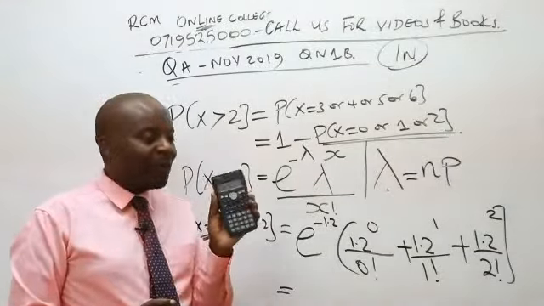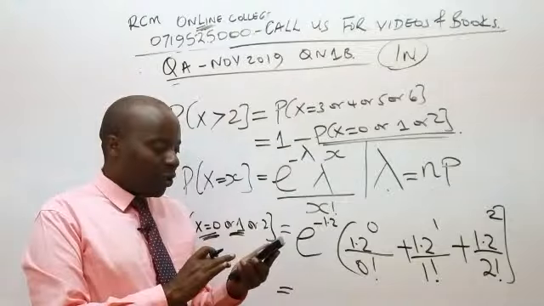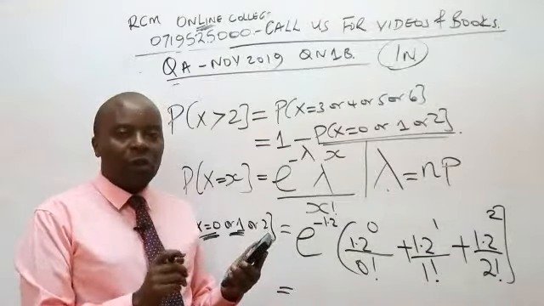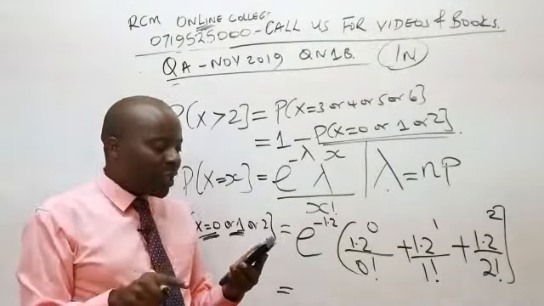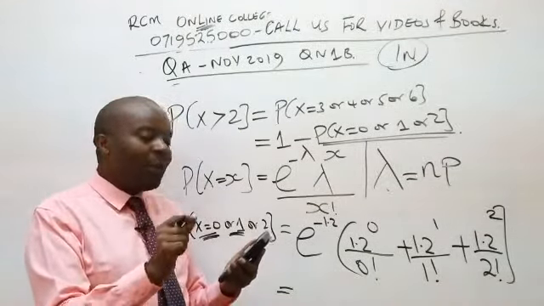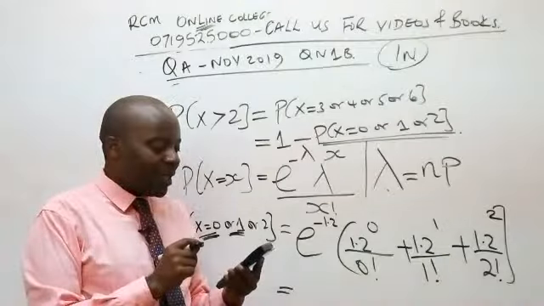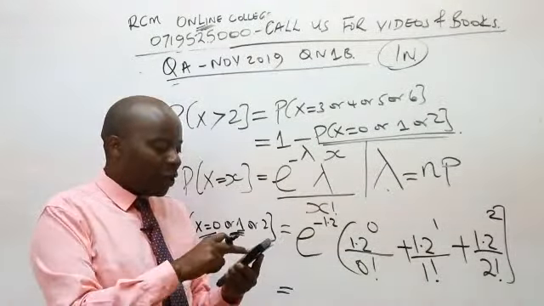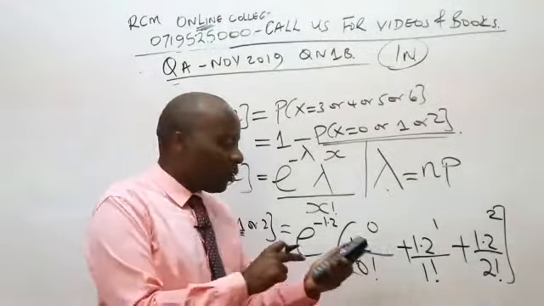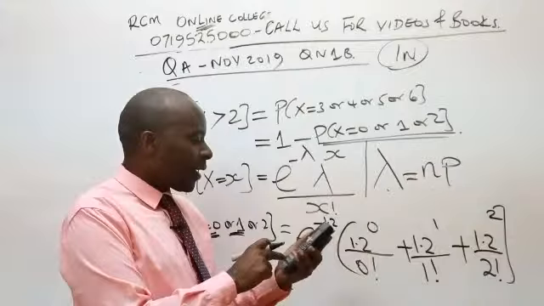I'm able to see 0.30 something times into brackets. We have 1.2 raised to power 0 divided by x factorial. Just beneath your shift, you'll be able to see x raised to minus 1. On top of that, you'll be able to see x with an exclamation mark, factorial. So I'll press divide by 1, shift, that factorial, because it is in yellow. Plus 1.2 raised to 1, divided by,